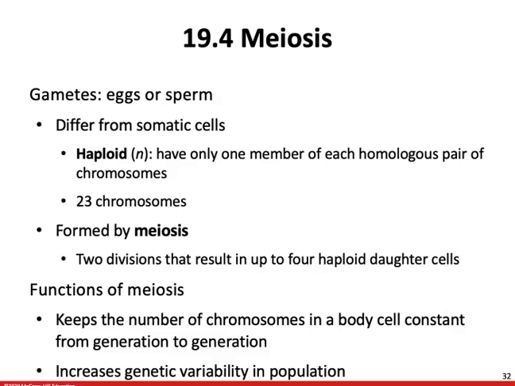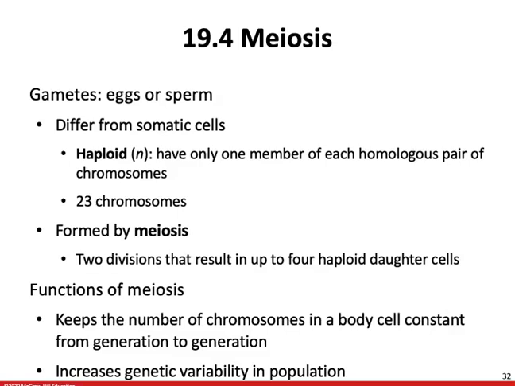All right, next up we want to talk about meiosis. For meiosis, we're going to see specific cells involved in this process. We're going to see gametes, eggs and sperm cells. Now these cells are very different from somatic cells in that they are going to be haploid, meaning that they only have one member of each homologous pair of chromosomes. So since we have 46 chromosomes total, if we only have one from each pair, we only have 23 chromosomes